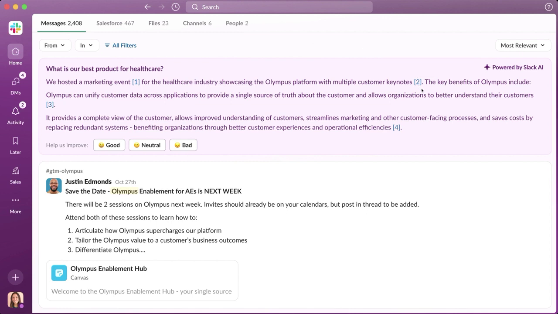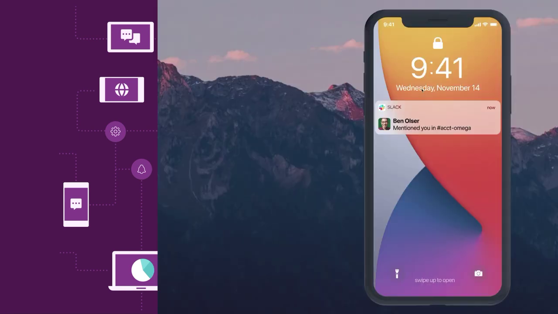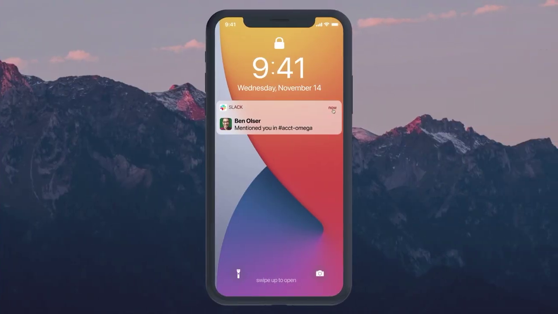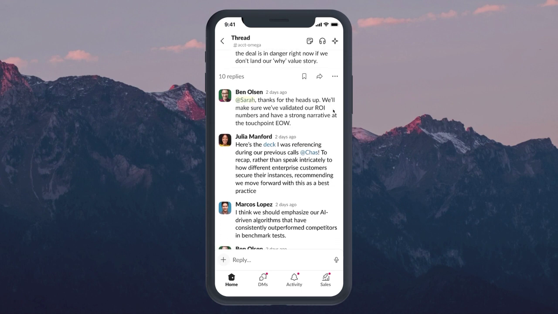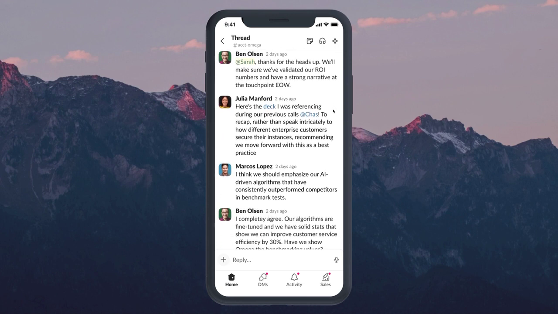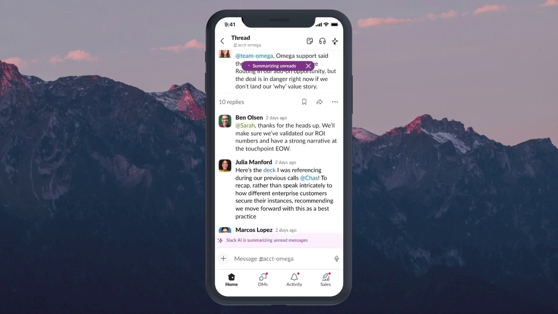Now it's time to head to the office for her customer meeting. The good news is, Slack AI is even more powerful on mobile, helping her work more productively even while on the go. She sees that she's been tagged in a thread where the team is having a last-minute discussion to prep for the meeting. A lot has happened since she last looked at it, but luckily we have Slack AI to help. With one click, Sarah can create a summary, helping her get caught up to speed and jump back into the thread without missing a beat.